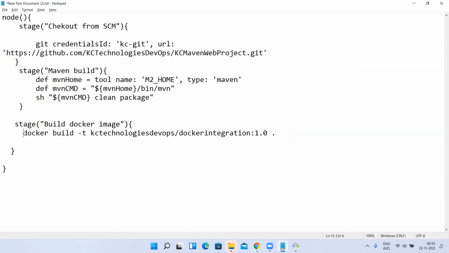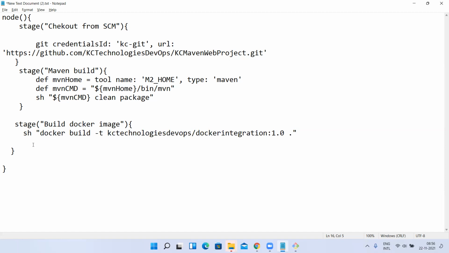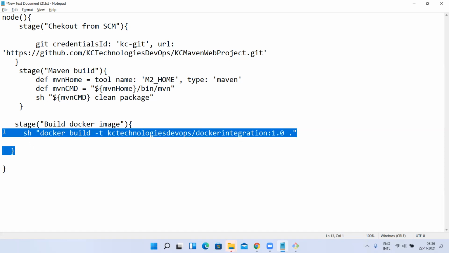Why? Because I said, if you want to execute any command, you have to write it in a shell. You have to run it as a shell command, pass it, and write inside this. This is also an interview question, you remember. Maven is also an interview question. So this is also an interview question, right? How to break a Jenkins job when a SonarQube report fails, that is also an interview question. I'll teach that later, but these two, Maven and this sh, remember this. Understood, guys? Can I run this using this stage?